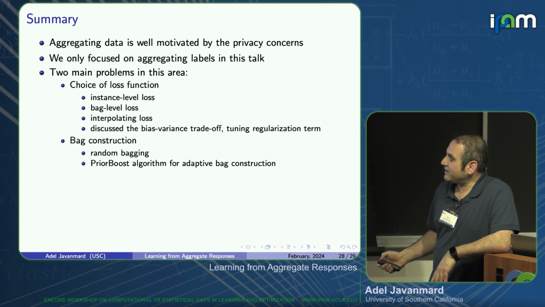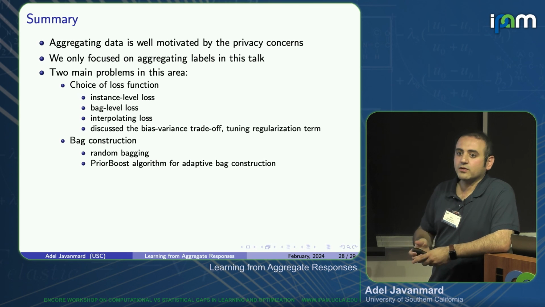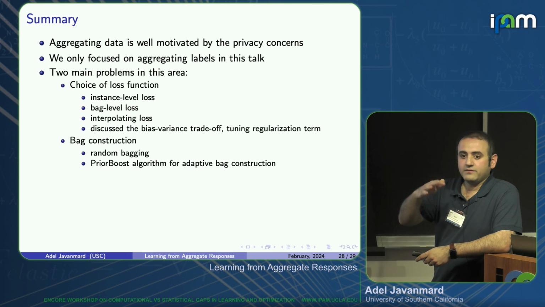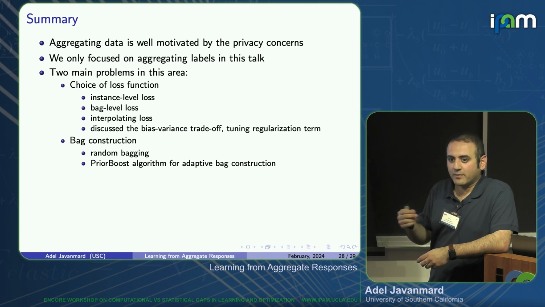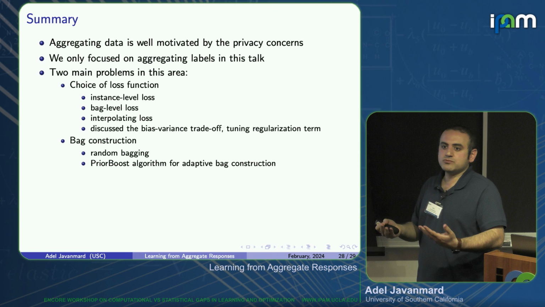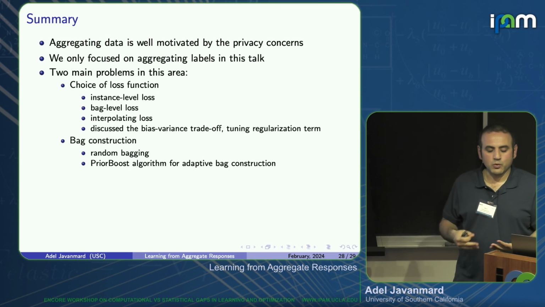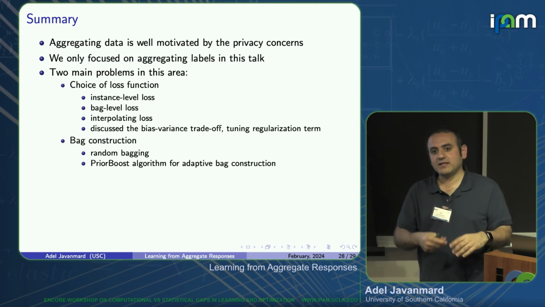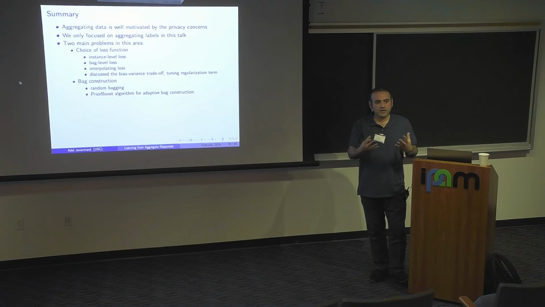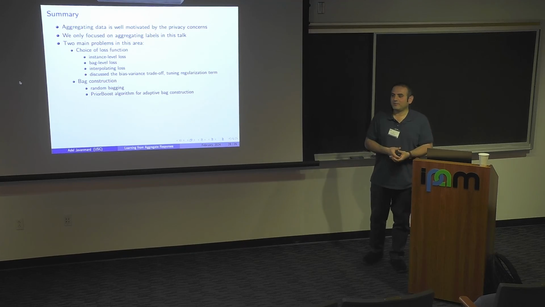There are many interesting open problems here. Many of the things that I said for bag construction were only for instance level. If you go with another loss function, how does it change? It's not clear. What's the optimal k? Does it give you a new way of providing DP, instead of just working with the individuals, first aggregate and then add noise on top of that? What's the right trade-off here? So these are the questions that are still open and interesting. Okay. Any questions?